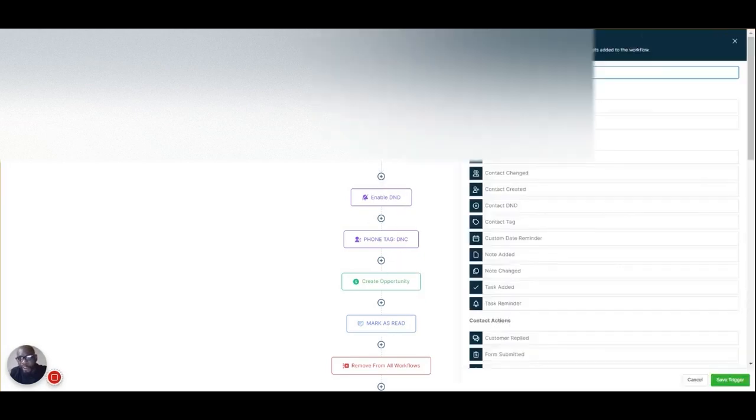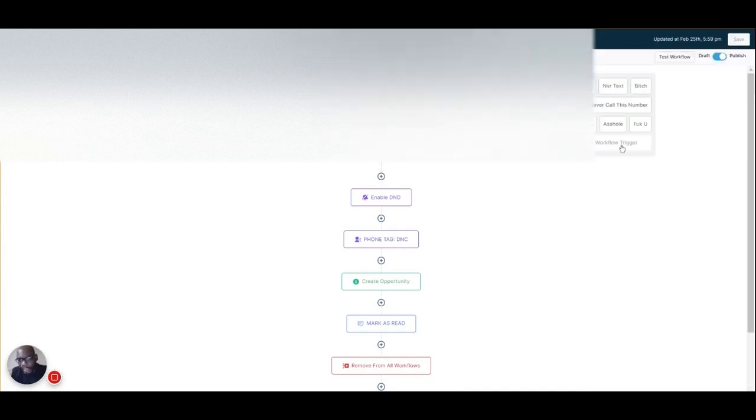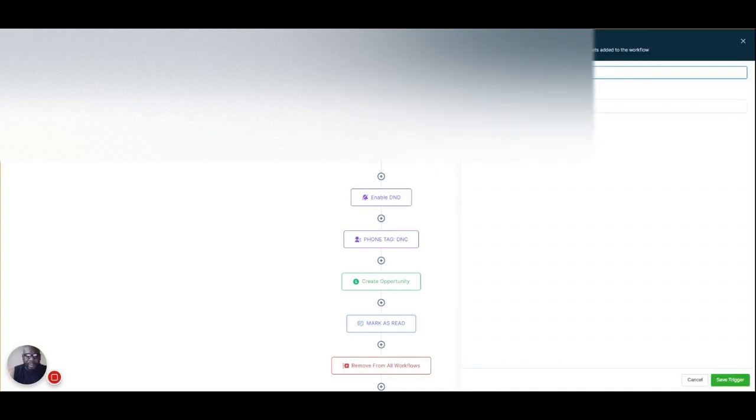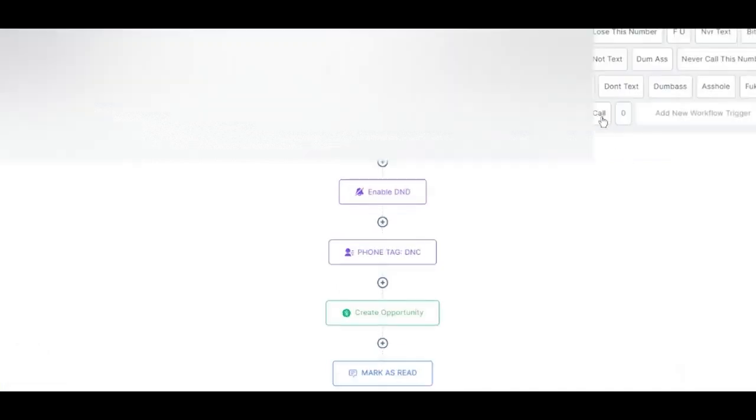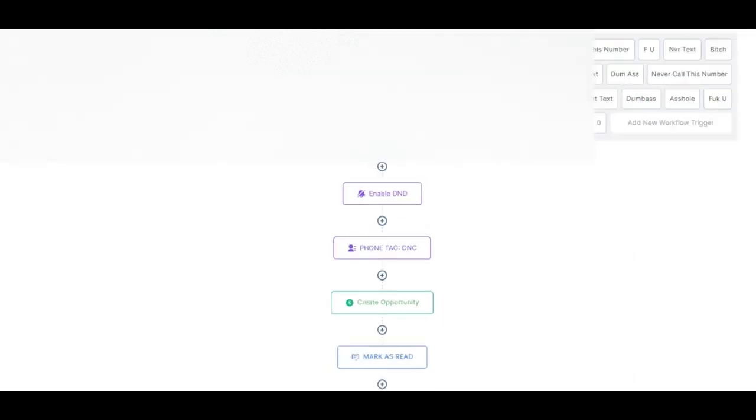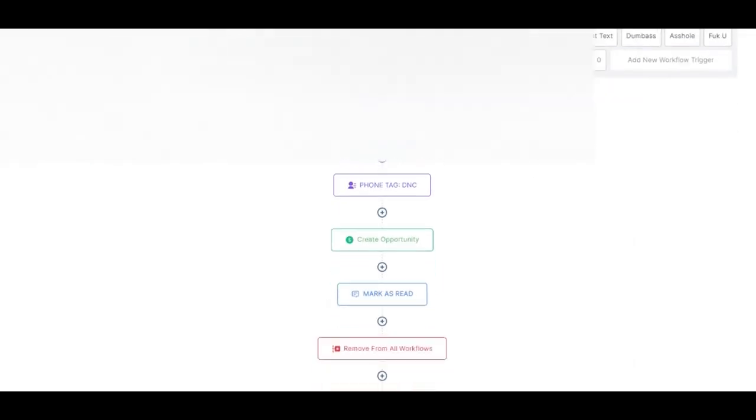So what we're going to do is create, my bad, let me slow down, add new workflow trigger. And we're going to say if the customer replied, exact phrase match, the number 0. Boom. Now this is right here. It's saying that if anyone responds the number 0 to any message, that is going to trigger this workflow,